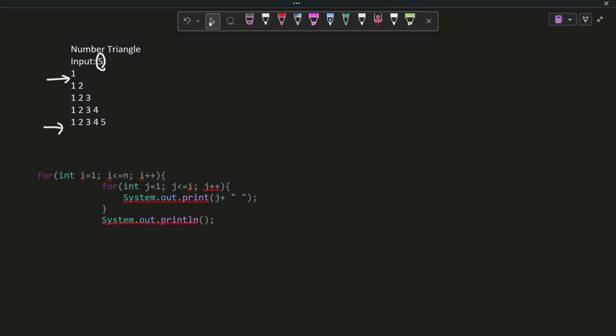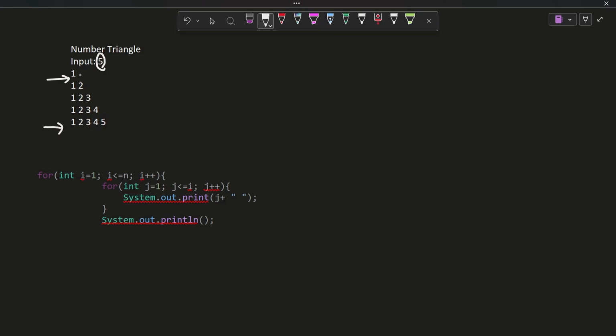Now let us see how to trace this. In the earlier program, it was only asterisk to print, right? So I just wrote a condition i is equal to 1, where i must be less than or equal to the input we are given. Similarly, j is equal to 1, and j less than or equal to i, because this must run for the number of times i is available. Now the same logic we are using, and the difference is there we are printing star, but here we are printing the value of j, right?